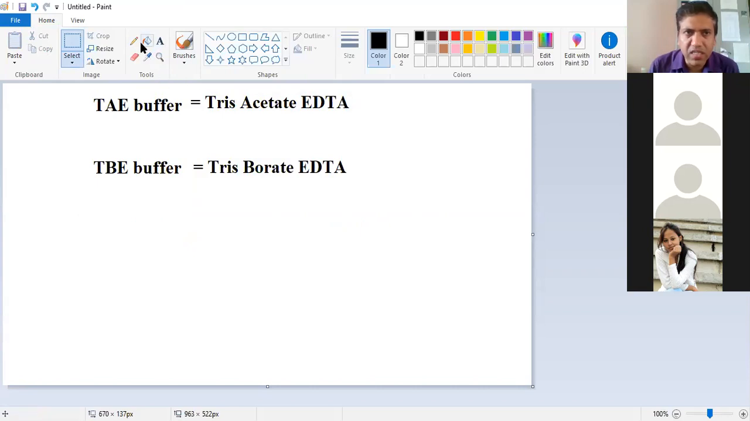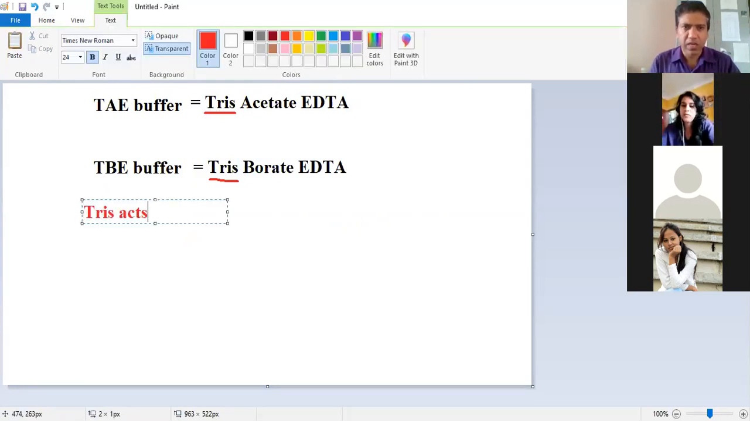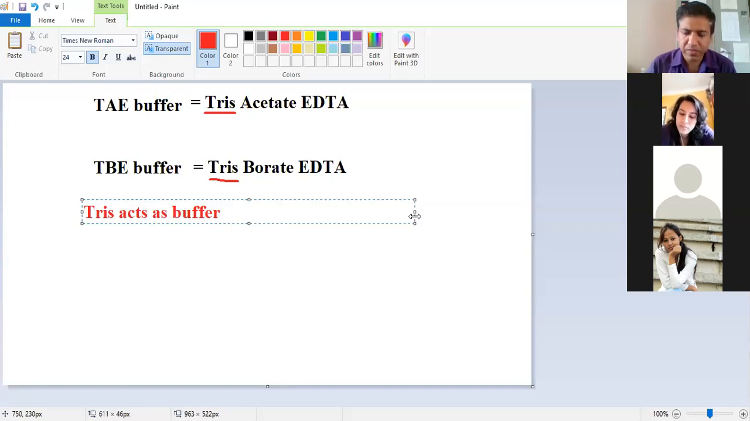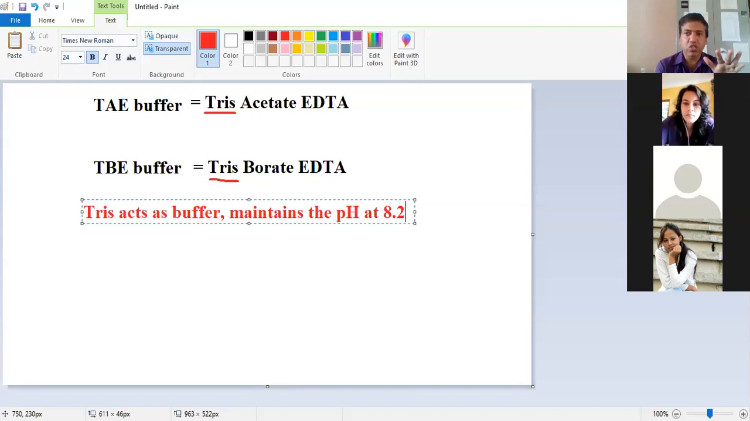So now let us discuss what is the function of the tris here. Tris acts as a buffer, and tris maintains the pH at 8.2. Why is the 8.2 pH required? Because we are using the agarose gel electrophoresis for separation